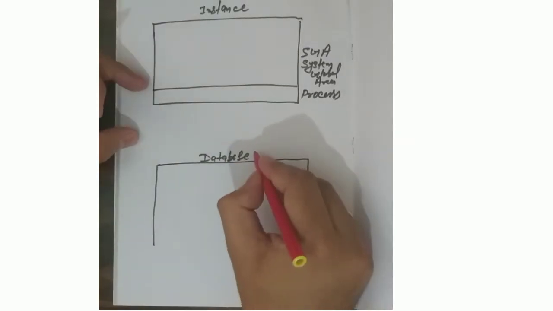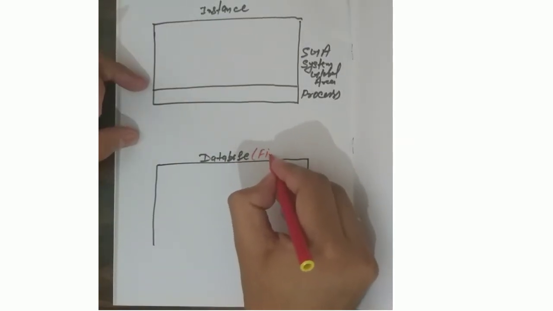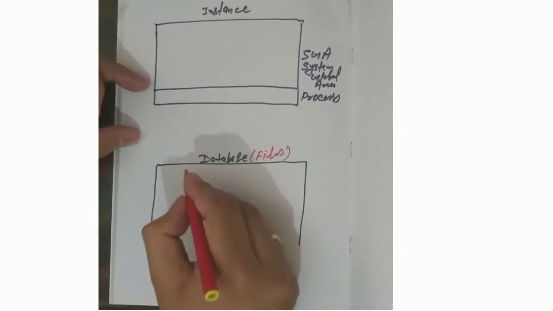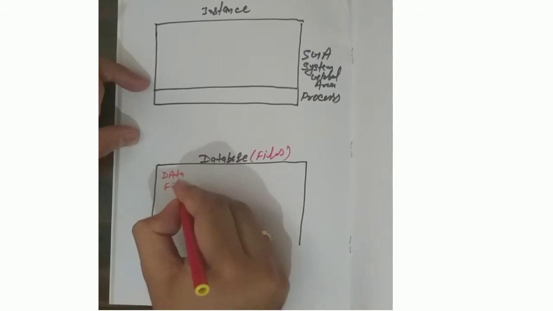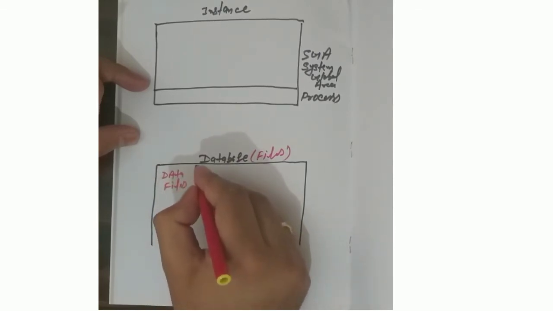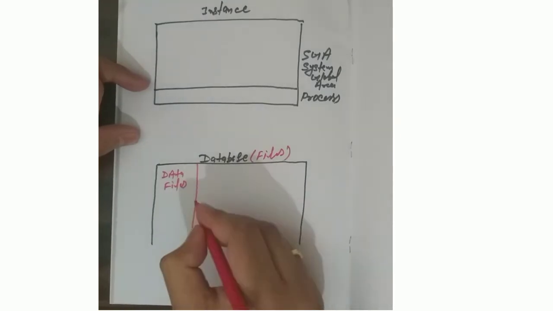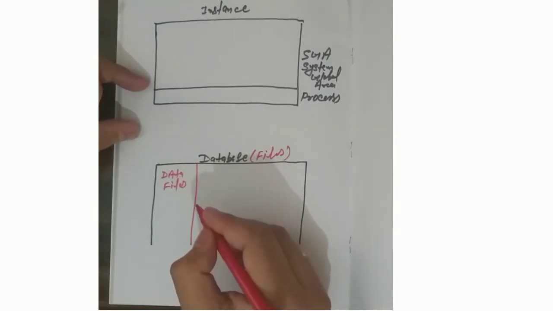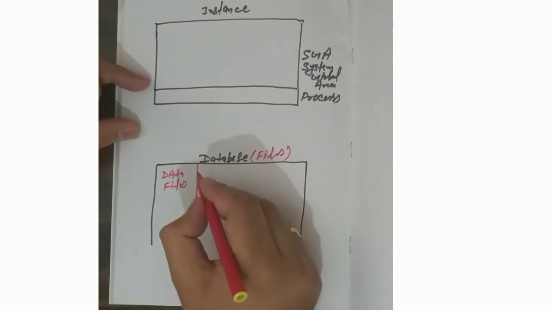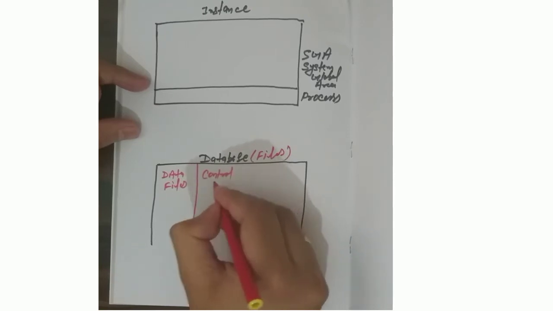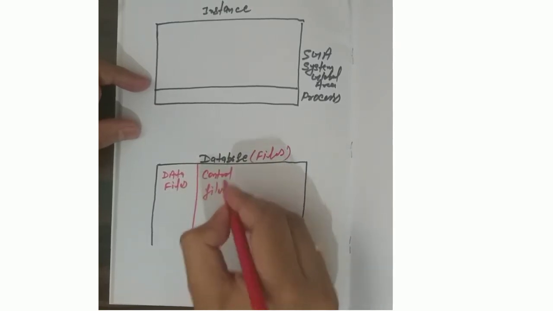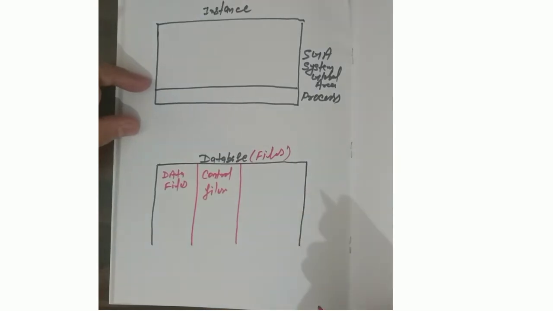So a database is basically a set of files. Data files are the place where all the data resides. It could be system data or user data. Then the second one is control files. Control files hold information about the database name and what the other files of the database are, like data files and the redo log files.